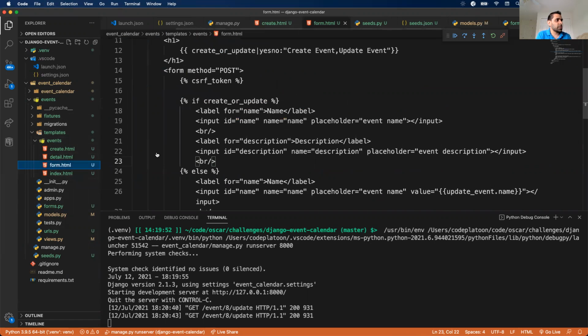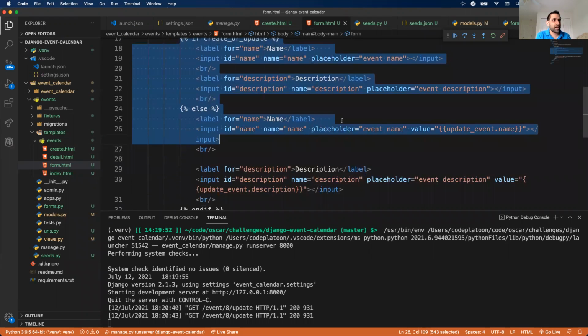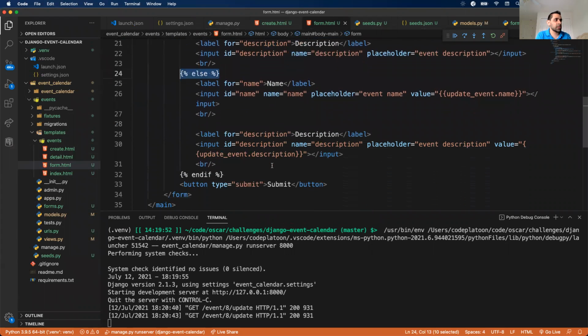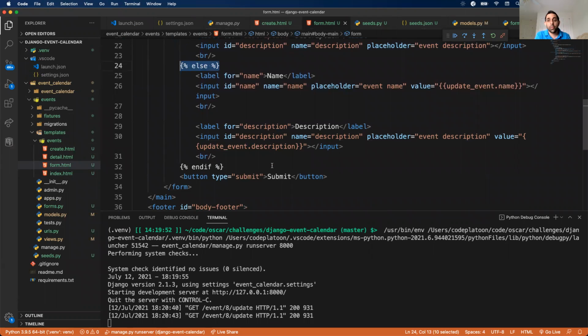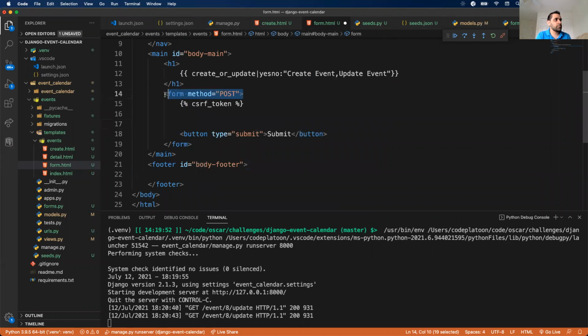So looking at my form here, I'm manually specifying which fields I want and what values go where. So again, I had this kind of ugly if else block that repeated code. Model forms makes it much, much easier. So I'm actually going to just delete all this stuff. All right, so I still have a form. I still have my button, which is required. CSRF token still required. But now all I simply do is, let's call it event form